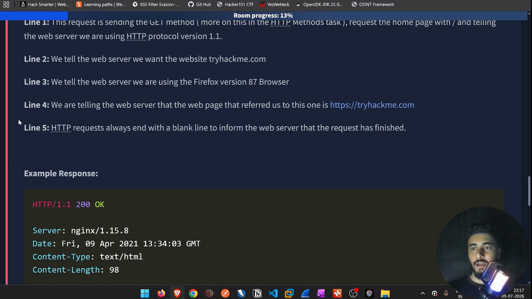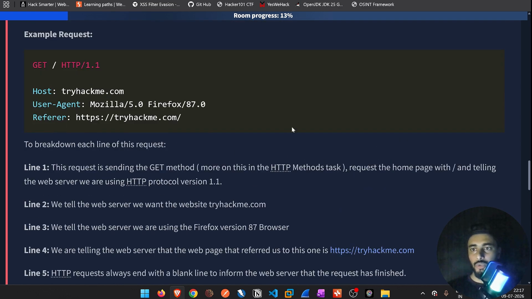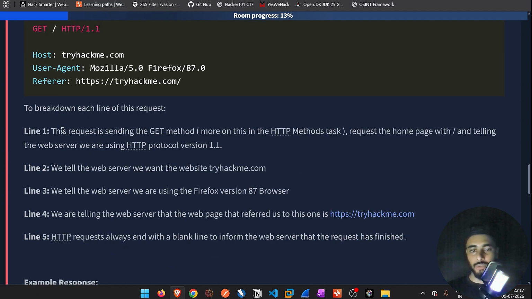for our learning. Line number 5. HTTP requests always end with a blank line to inform the web server that the request has finished. तो ये जो यहाँ पे देख रहे हो आप खाली स्पेस है, ये भी एक बहुत ज़्यादा इम्पोर्टेंट रोल प्ले करता है हमारे यहाँ हमारी जो हेडर्स हैं. ये बताता है कि वेब सर्वर की जो भी रिक्वेस्ट हमने सेंड की थी सर्वर को वो यहाँ पे ख़त्म